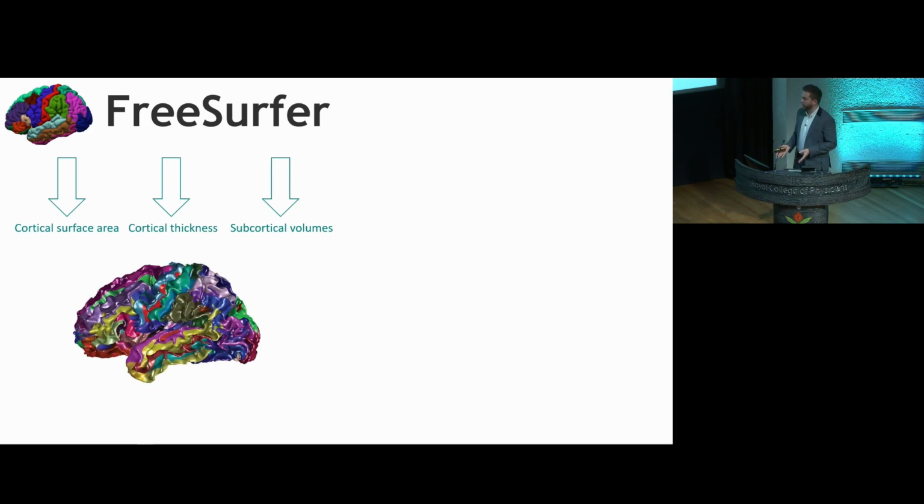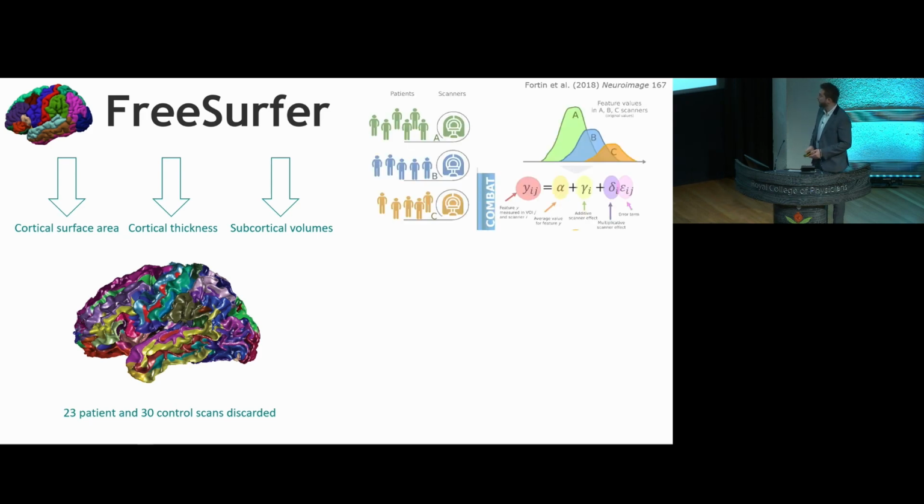And so what this program does is it parcellates out the regions that are predefined using something called the Desikan atlas, and it gives you a numerical value for the volume or the thickness or the surface area. And this is quite a successful process in our case. We had to discard a few scans, either because they weren't parcellating correctly for whatever reason or there was missing information, but the vast majority of the scans made it through.